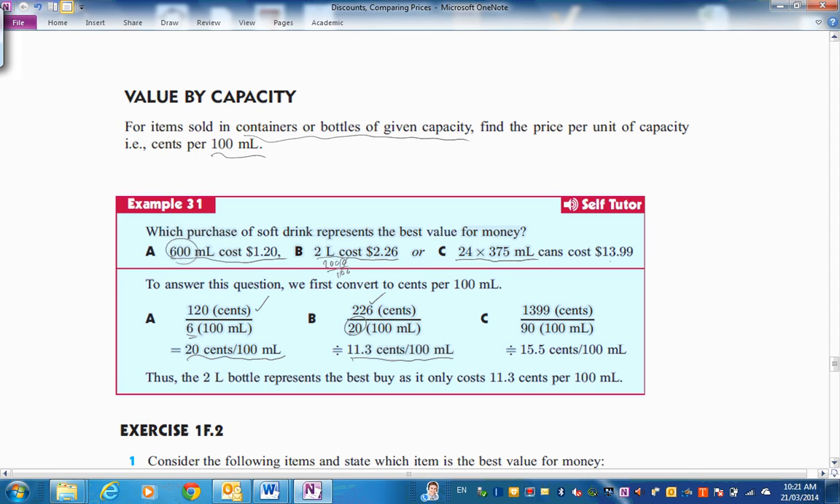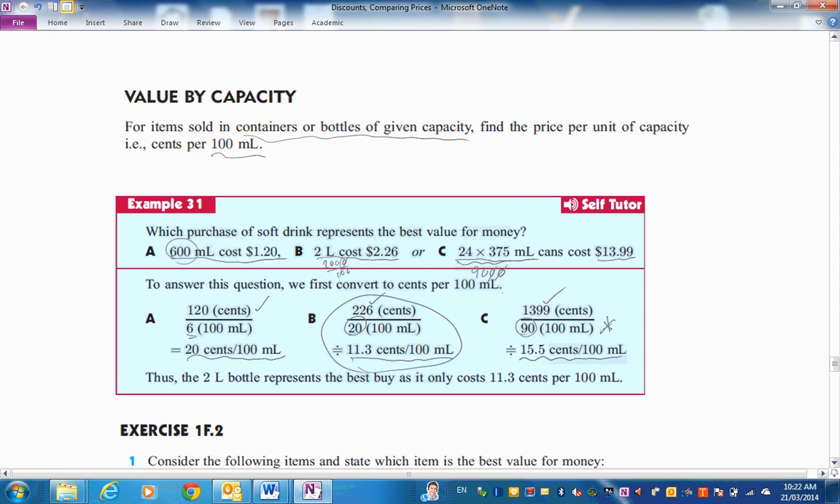24 370ml cans cost $13.99. If you multiply all this out here, you get 9 litres, or 9,000 mils, divide by 100, so there's 90 hundreds, and it's 15.5 cents. So, this is 9 litres worth, but it's all packaged up in small containers. That keeps the cost up of packaging. So you're better off buying this one here, buying in bulk, but not in many small quantities, because it's 11.3